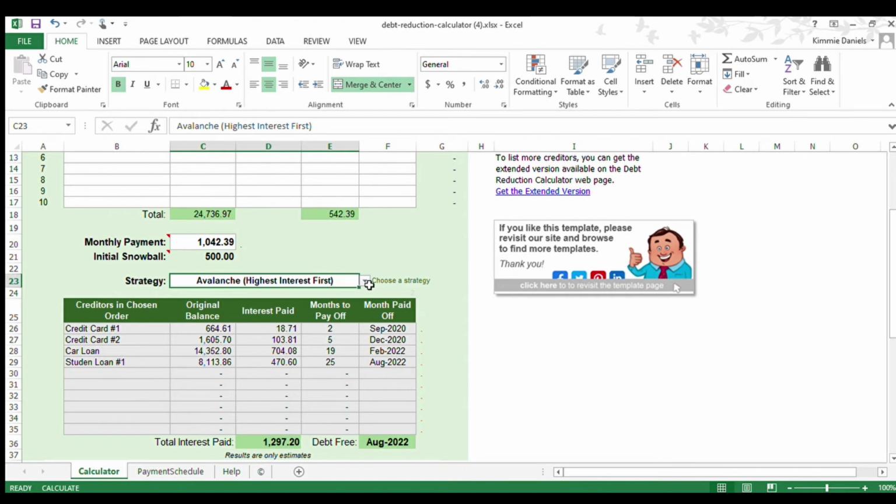So maybe this will come in handy for any of you guys that are just starting, or maybe you're in the middle, or you're almost towards the end. This will help show you the potential that you'd be putting towards interest, and how much you could possibly be saving by paying it off faster.